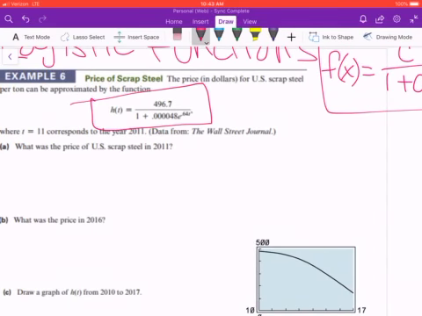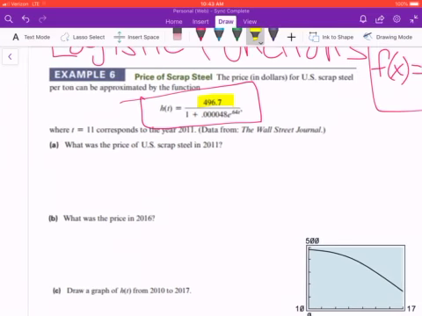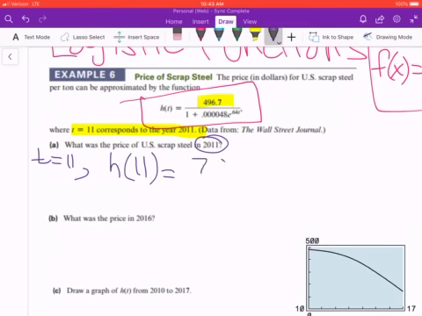And the number that we have on the top is going to be the one that it will level off to. So to answer problem A, first of all, it says here that instead of using x, we're using t as our independent variable. And for problem A, it says, what was the price of U.S. scrap steel in 2011? Now, let's point out that t equals 11 corresponds to the year 2011. So then we have to answer this question when t equals 11, because that's the year that we're being asked to find. So we're going to find h of 11, and so that would be